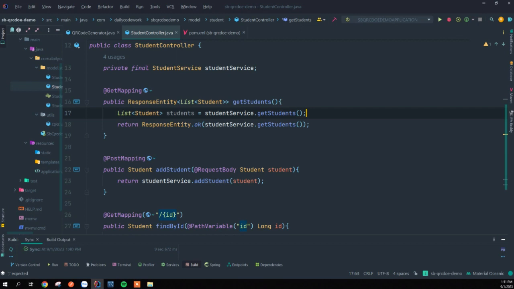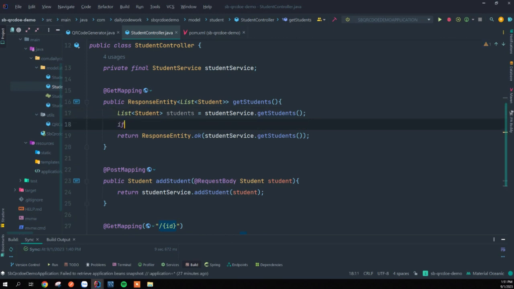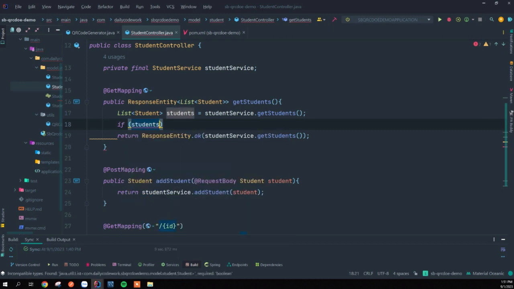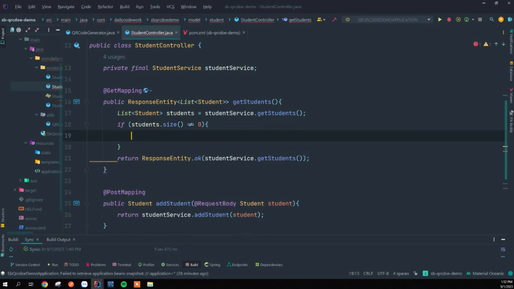Dot get students. So we're going to check some condition here. If students dot size is greater than 0 or not equal 0, let's say not equal 0. If it's not equal to 0, then